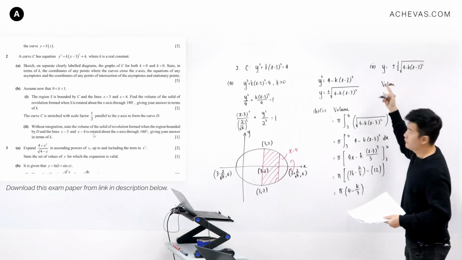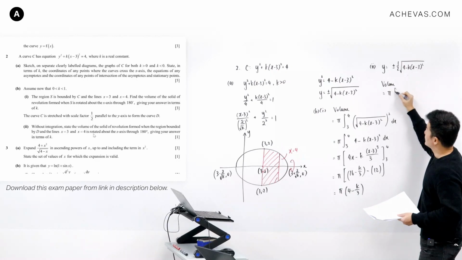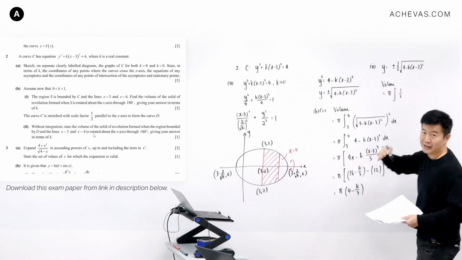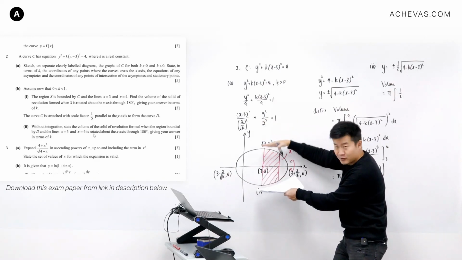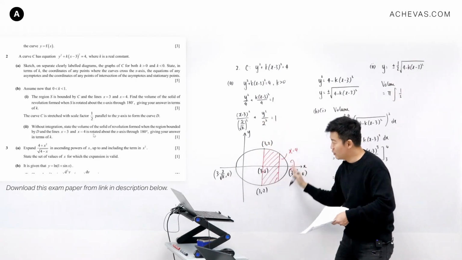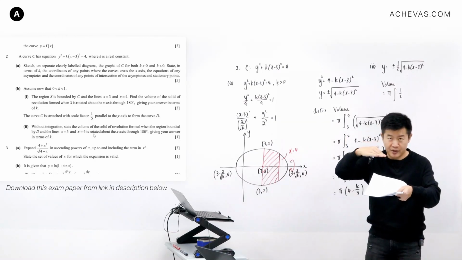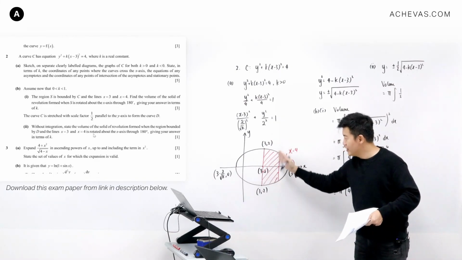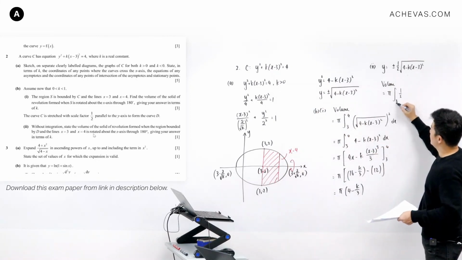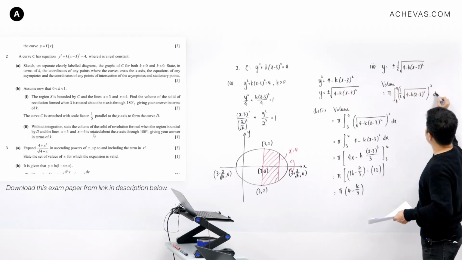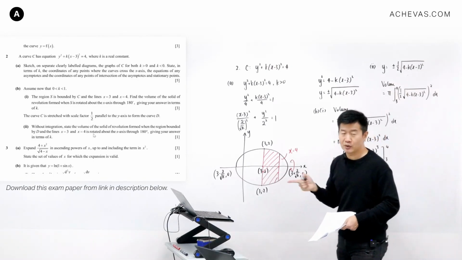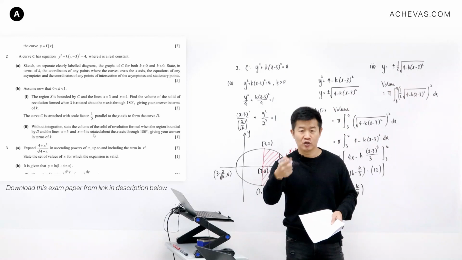for this particular graph is going to be pi integrating positive half. I'm going to be taking the top portion. It is actually just this scaled by half, compressed. So it will have the same width, it is just going to be compressed by half. Again, from 3 to 4, of square root of 4 minus k x minus 3 squared dx. So this is going to be the integral that represents the volume generated through